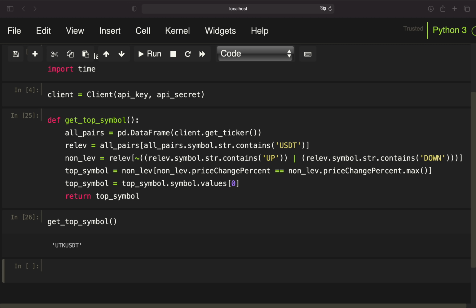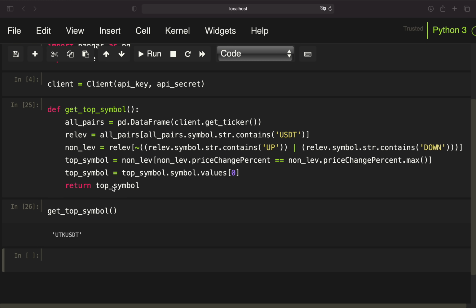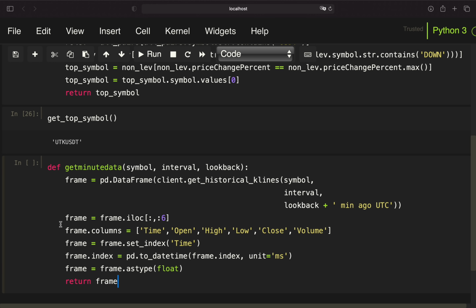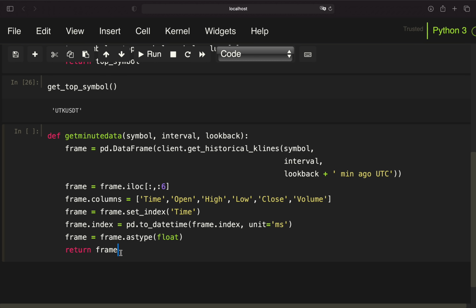I'm just copy pasting them from my other screen. This is just pulling data for the last X minutes for a certain time interval. So I'm just copy pasting them here. I will link a video where I have explained this function in the video description, but I'm showing you how